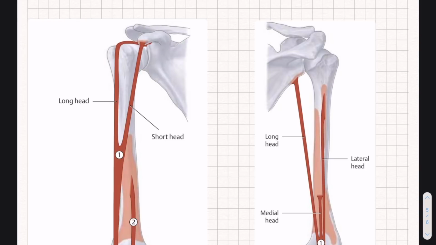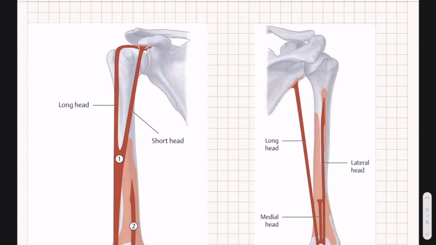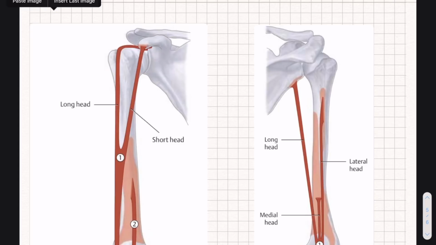All right, last group of muscles we're going to talk about where we have to worry about origin insertion are the brachial muscles. So we have 2 compartments in your brachium. You have the anterior compartment and you have the posterior compartment. This image here